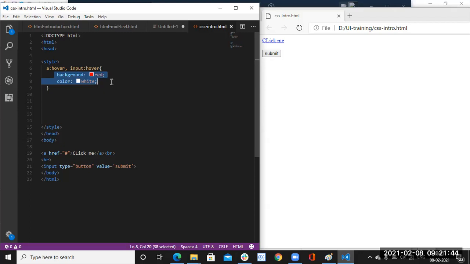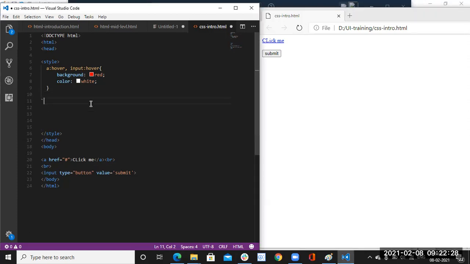So instead of writing that input:hover in a new line, what I am doing is applying it in the same a:hover, right? There only we are writing the same CSS properties. Before, I think 8 to 10 lines were there. Now it is reduced to 4 lines. So when the number of lines decreases, code performance and execution time also improve. You need to save the code like this. Now it will apply also. Okay, we are getting the hover. So to do the hover effects, we will use this :hover.